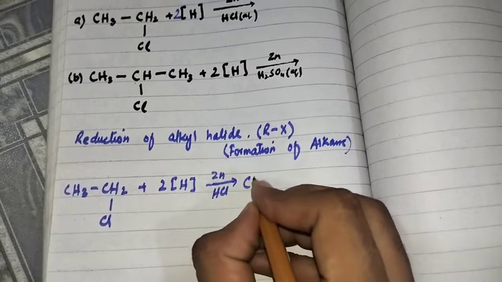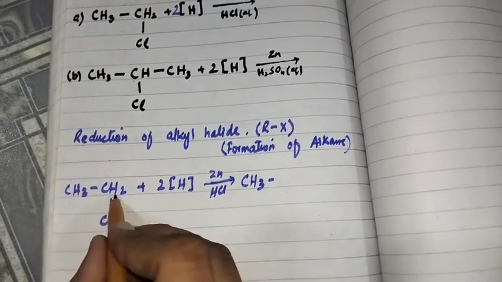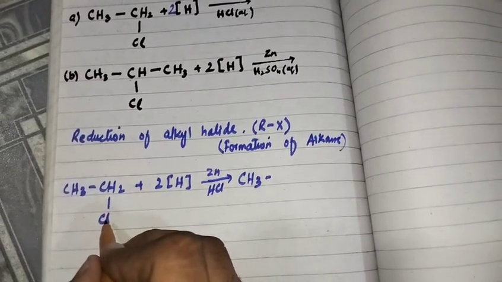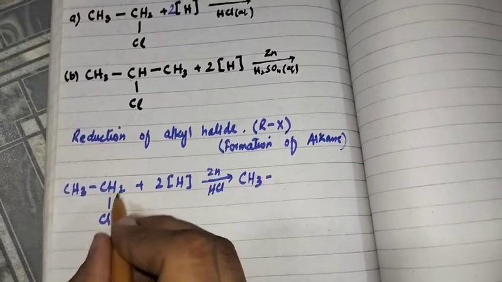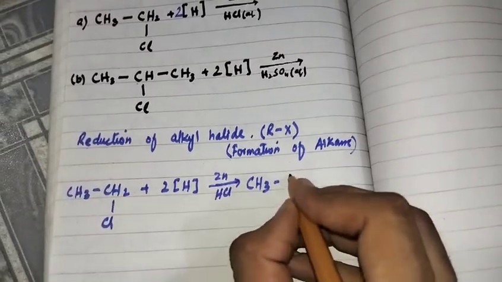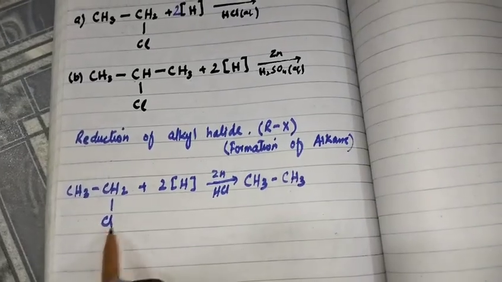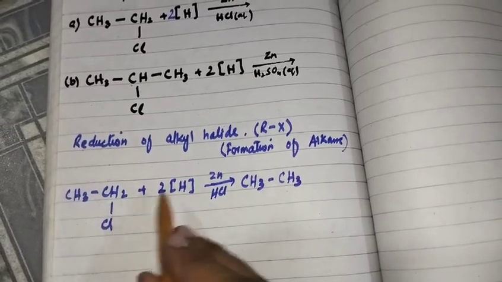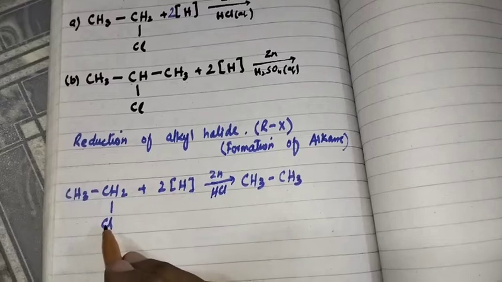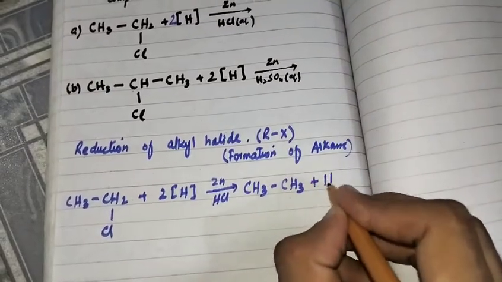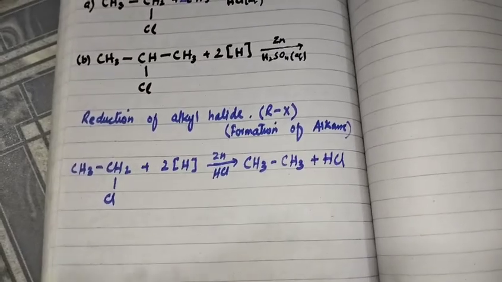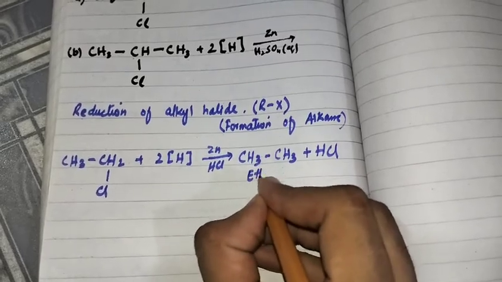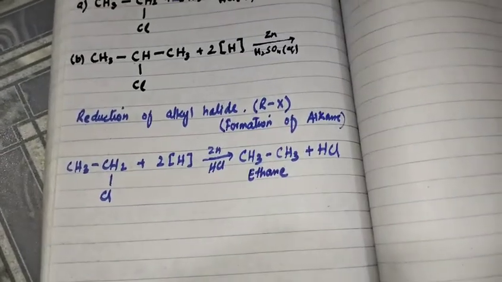So CH3, it is CH2. When H will come in the replacement of Cl, then this bond will attach with H. So we can write it as CH2 and H, we can write this combined as CH3, meaning that Cl is replaced by a hydrogen atom. So there are 2 nascent hydrogen, one goes to this carbon, the second hydrogen will react with the removed Cl and form HCl. So it is a formation of alkane, so the member ethane is produced by the reduction of alkyl halide.